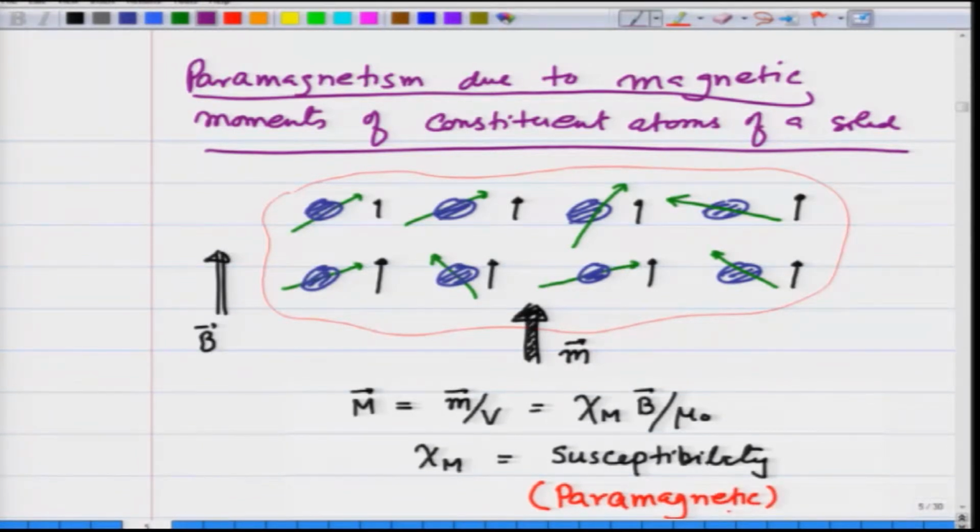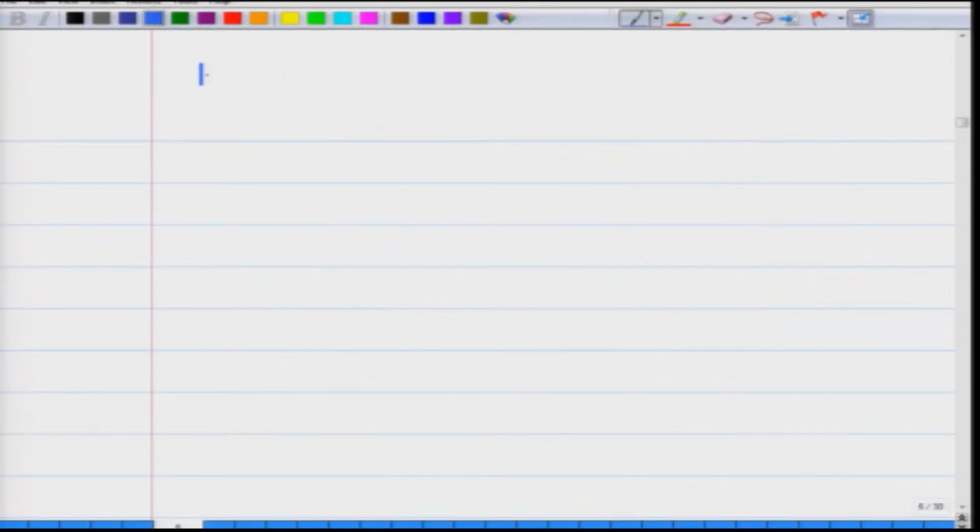So we want to understand how it arises: how the magnetic moments of a system align with B and what kind of magnetic moments they give rise to, and that will give us an expression for chi m. To do that, I have to understand first what is the magnetic moment